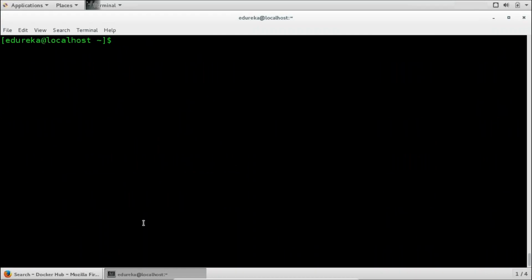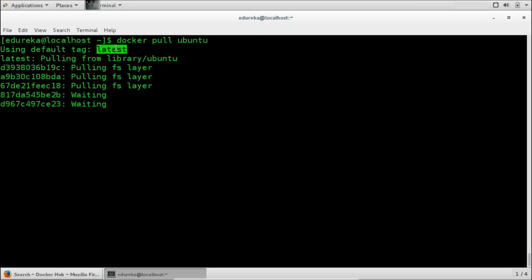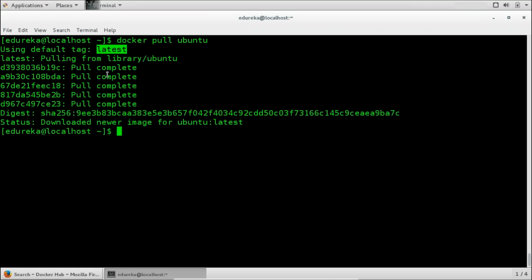Now what I'm going to do is pull an image, right? So all I have to type here is docker pull. For example, if I want to pull an Ubuntu image, I'll just type in here docker pull ubuntu, and here we go. It is using the default tag latest. Tag is something that I'll tell you later, but it will provide the default tag latest all the time. So it is pulling from Docker Hub right now because it couldn't find it locally. The download is complete. It is currently extracting it.